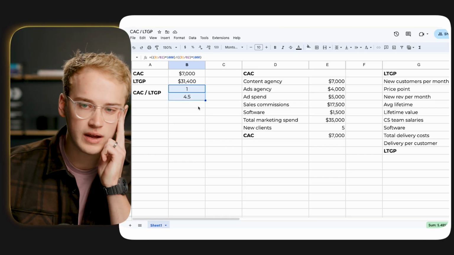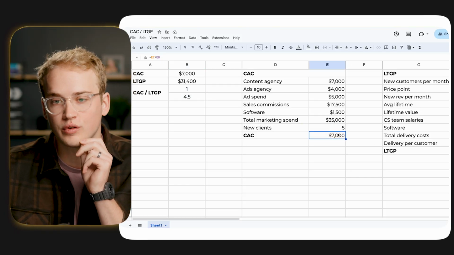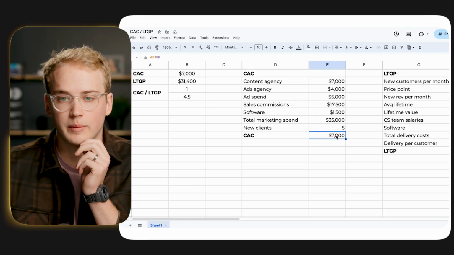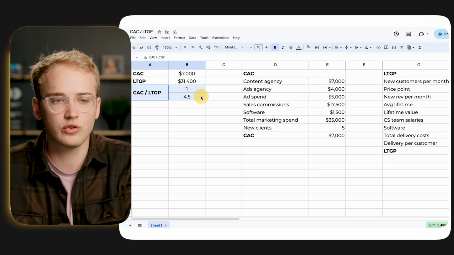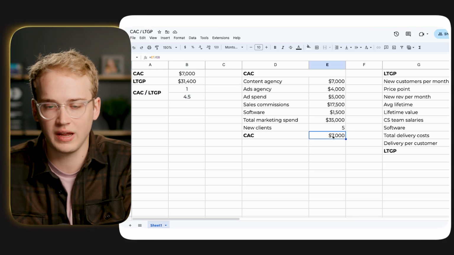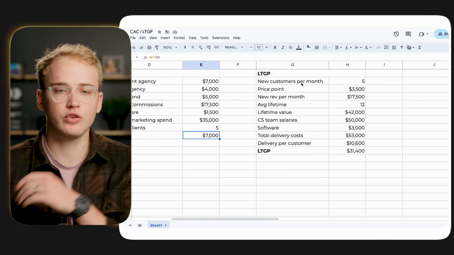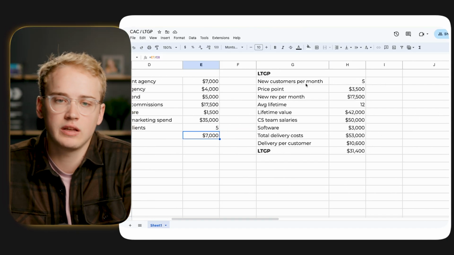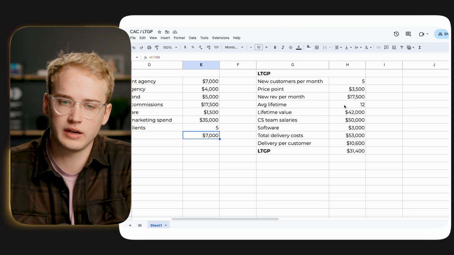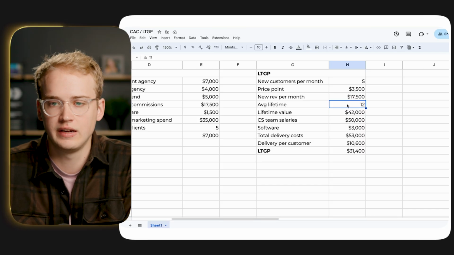But what are some levers that we could pull to both increase this ratio and get our customers to hopefully pay for themselves when they're coming in? What could we do to either increase this CAC to LTGP or potentially get our clients to pay for themselves in month 1? Well, let's talk about that. In order to just increase our CAC to LTGP, let's look at this and see what's going on here. The first thing that sticks out to me is actually just that this lifetime of a client is pretty short.